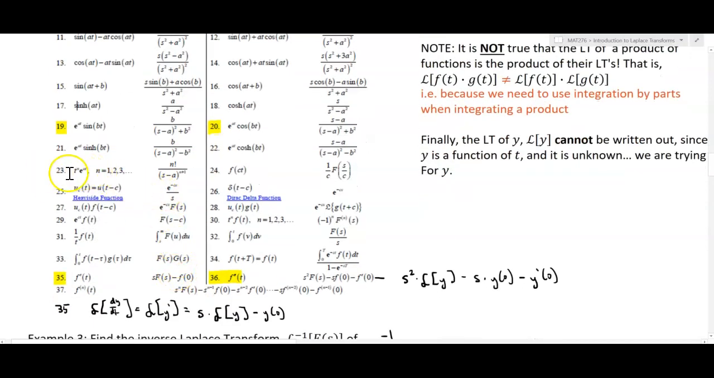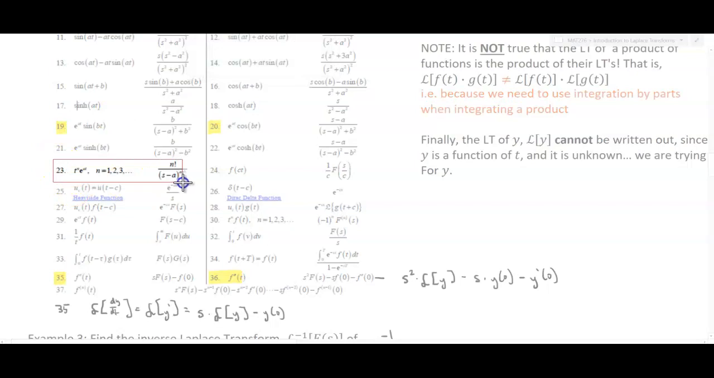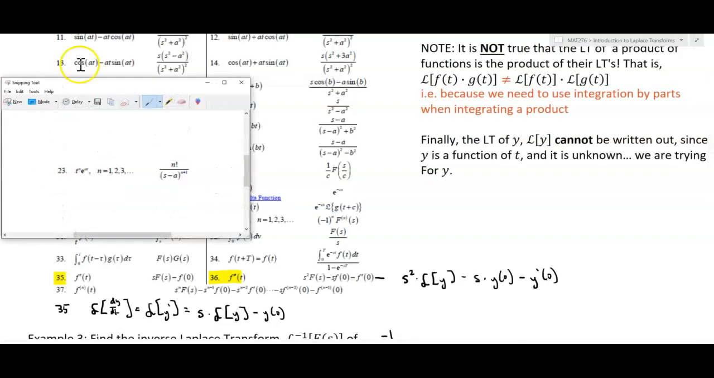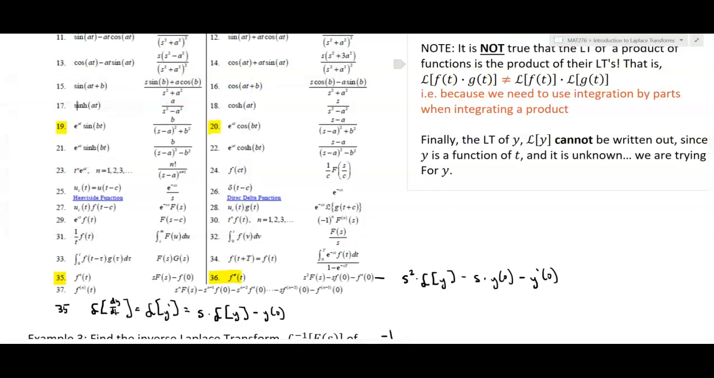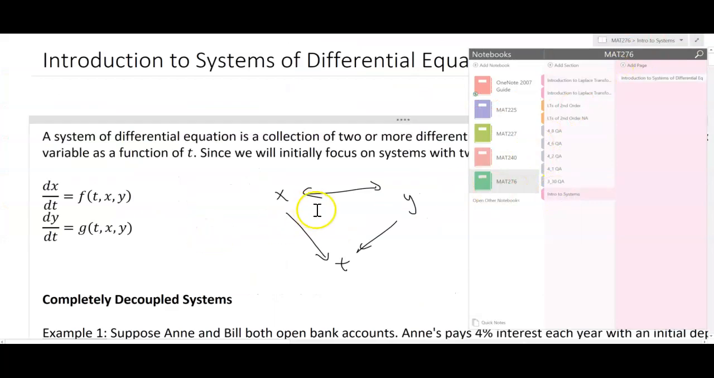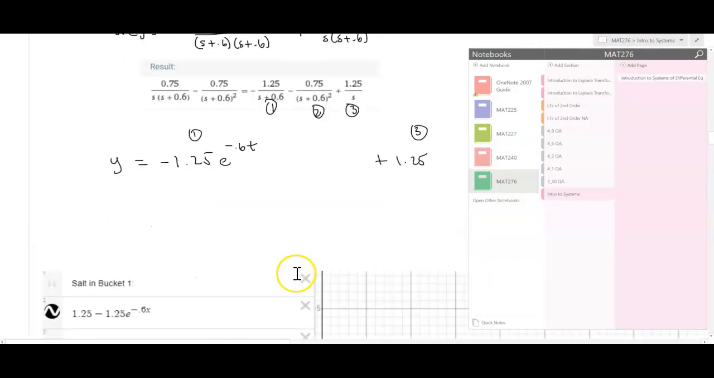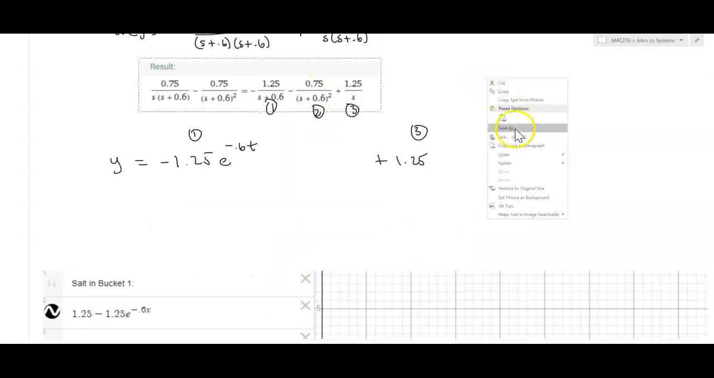But if you take a look at this one down here, that t to the n, e to the at would be n factorial over s minus a to the n plus 1. So I'm going to screen snip this one real quick, and we'll grab number 23, and we'll see how that's going to fit and resolve our problem that we have right now. So we'll jump back over to our systems, and we just said that the appropriate one